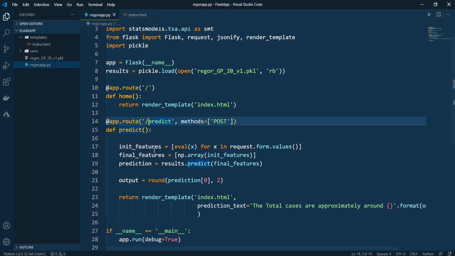Those are the initial features that I have. In this I do a list comprehension, where I write eval for x. We know eval is basically used to identify the different data types that we have.